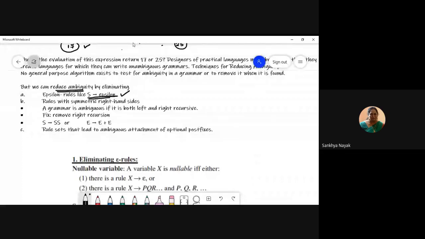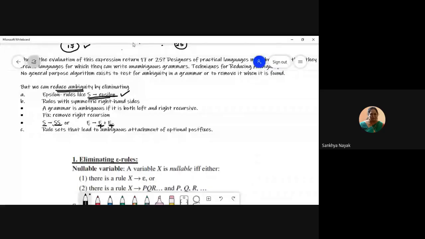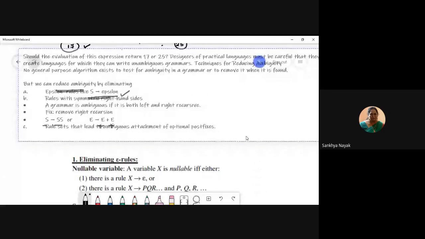You can see here something like this. S derives SS, where you can expand either this S first or this S first, or even here where you have the same symbol on the right hand side twice, so that you have an option to expand this or this. If you have symmetric, basically recursion, okay, right? If you have recursion, you have to remove them. Is this clear? So we know that grammar is ambiguous if we have recursion. So remove recursion, okay? So we'll see one at a time and then we'll come back for these rules, okay?